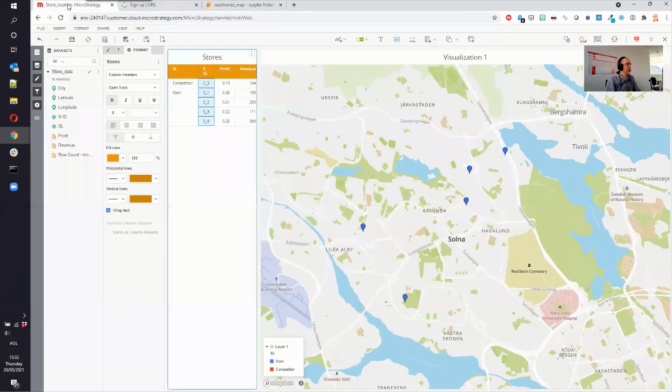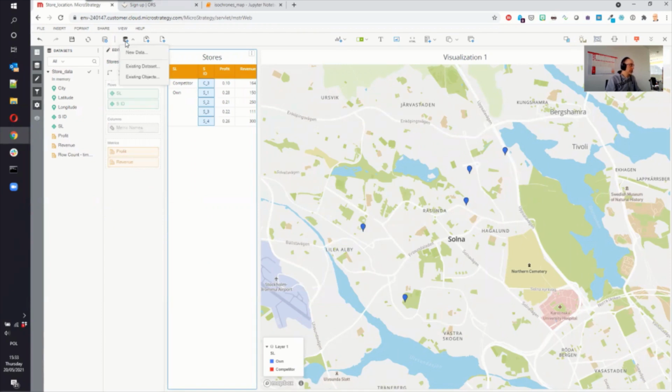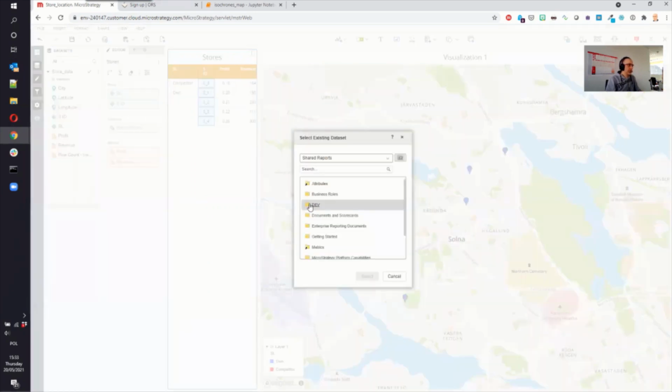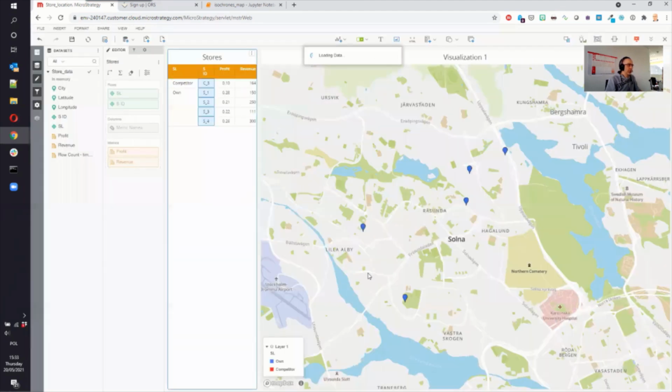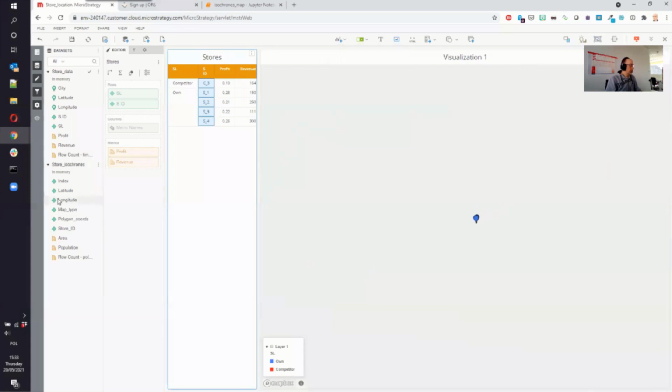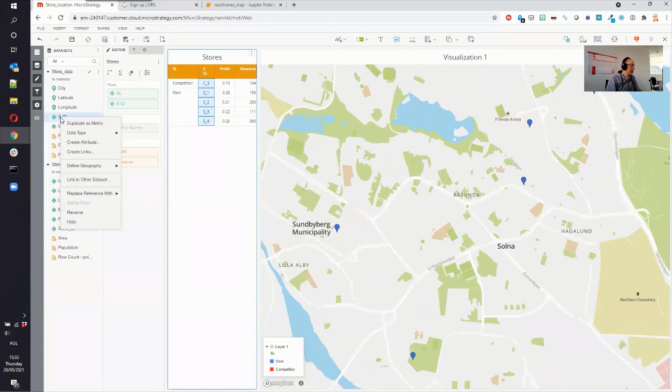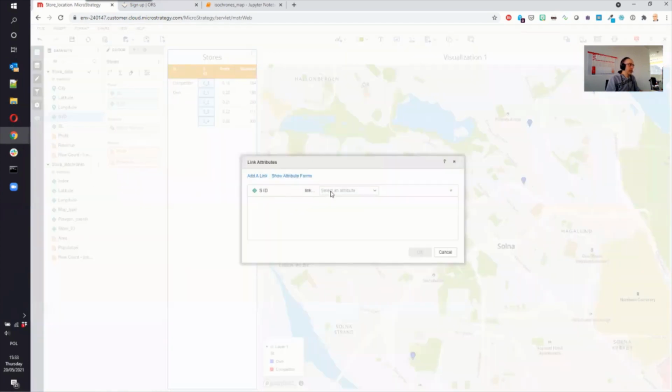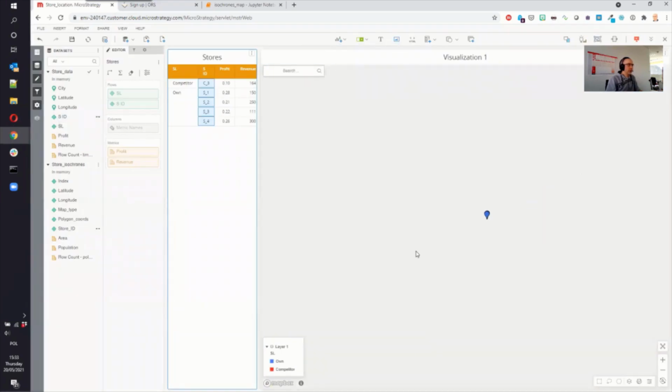Let's see if I can use them on my map, on my dossier. So first, I need to use this data set. It's an existing data set, stored here, store isochrones. I need to link SID with this new attribute, which is store ID. Okay. Now,